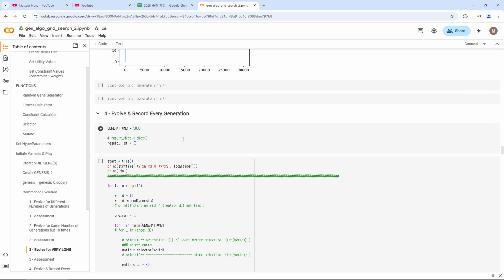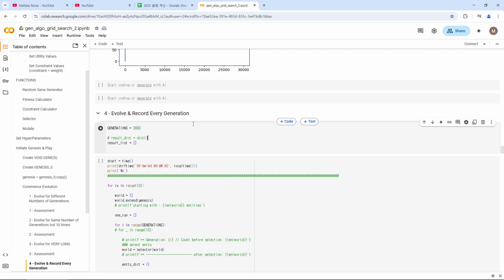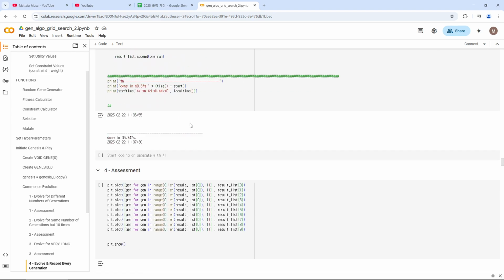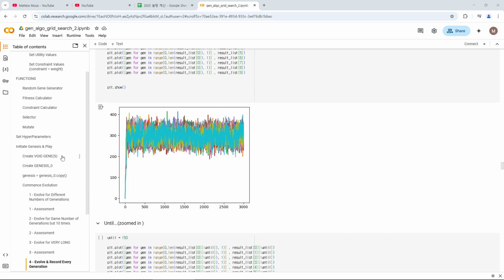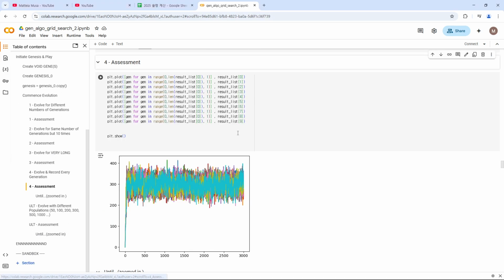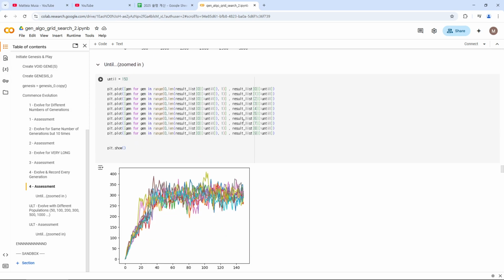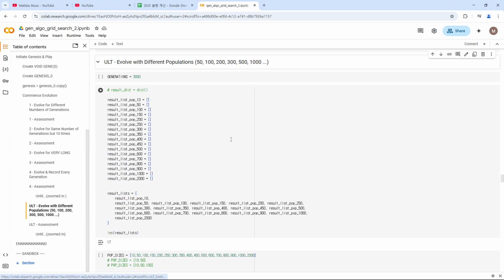And we do it again for 3,000 generations, but do it 10 times, and then when we plot it, this is what we get. This is still the same thing, and this is still the same thing. And let's try for 3,000 generations, but with different numbers for the